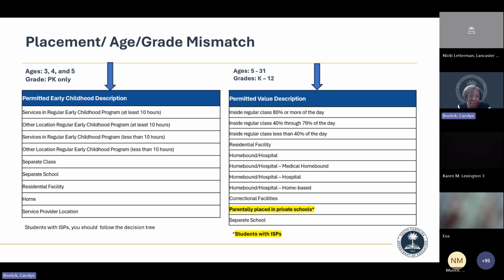They should have one of the permitted school age LREs. For our students who have ISPs and are school age, their LRE should be parentally placed in private schools. I hope that helps to clarify some of the issues that we're seeing.